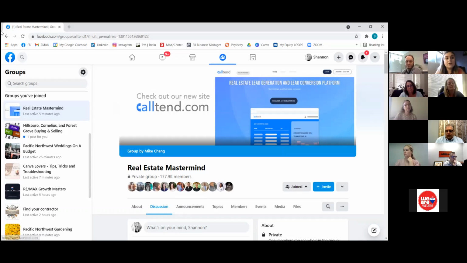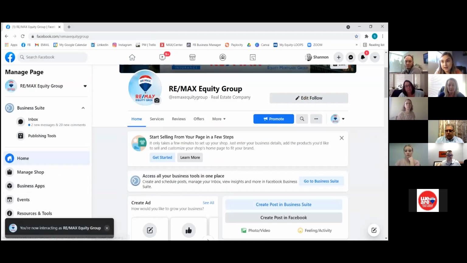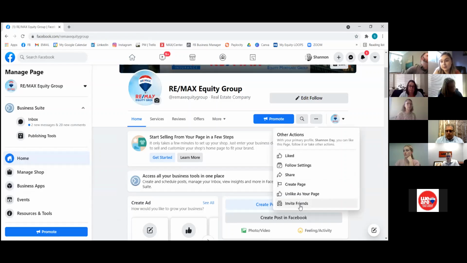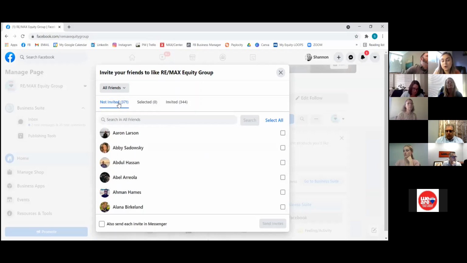So one thing that I go over in the actual audits is when you are on your business page, the first way to invite friends to your business page is by clicking this 3-dot ellipsis and inviting friends. It's going to show you all of your current friends from your personal page or profile that you have not invited yet.